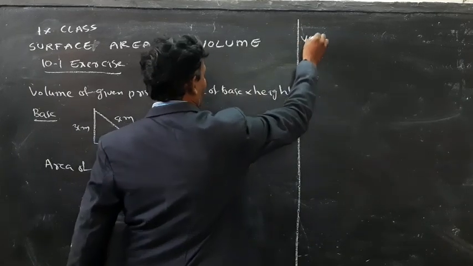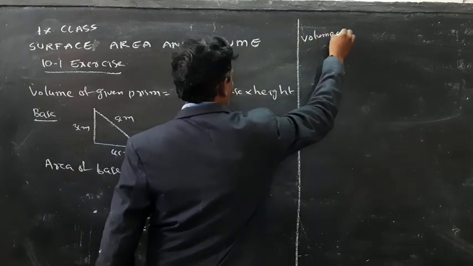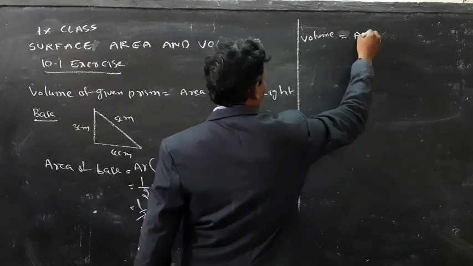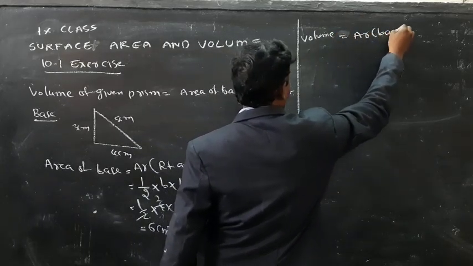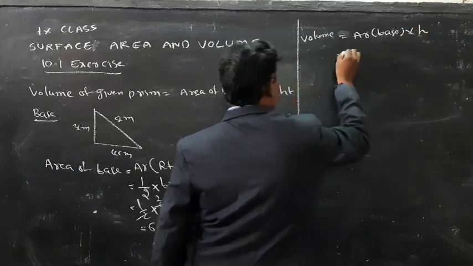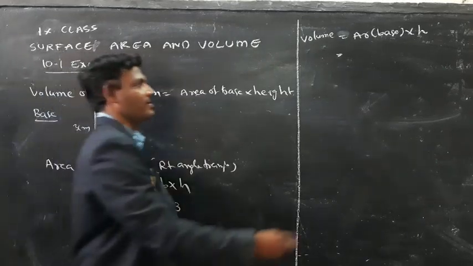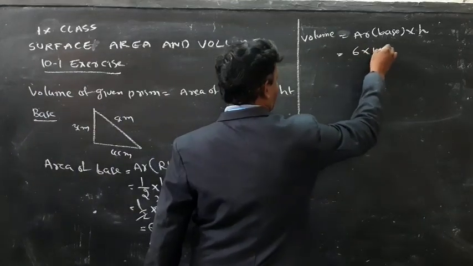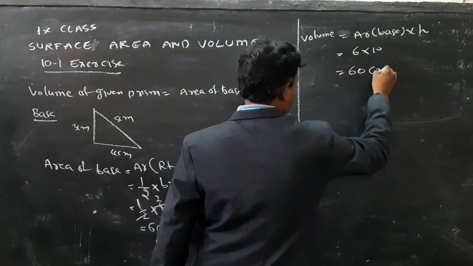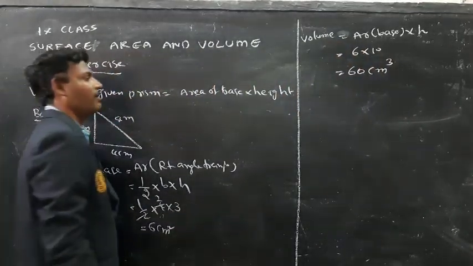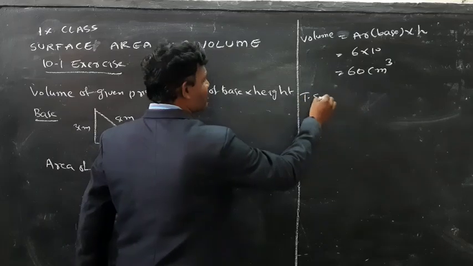Next, what do I need here? Volume. Volume is equal to... what is the formula? Area of base into height. What is the area of the base here? 6 centimeters square. So 6 into 10 is equal to 60 centimeter cube. 60 centimeter cube. For example, if we ask for the total surface area,